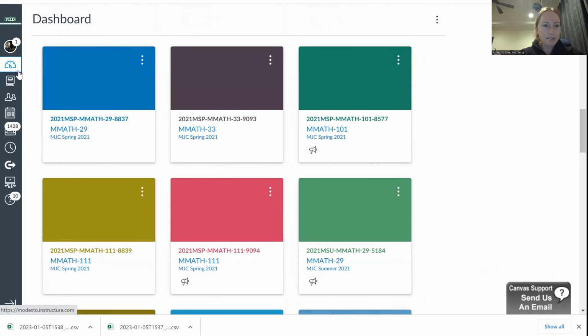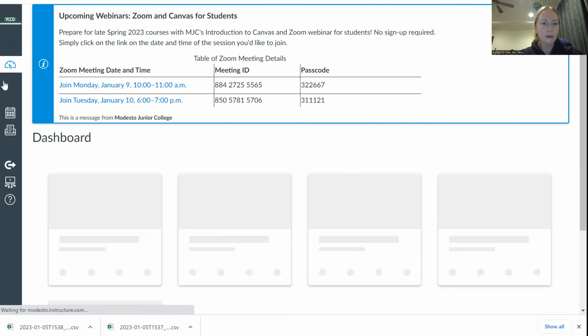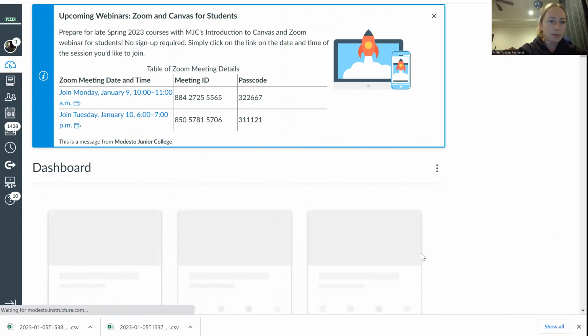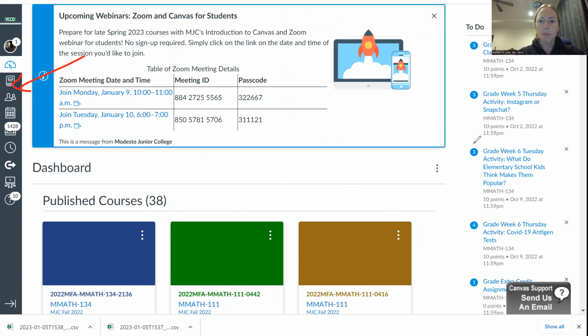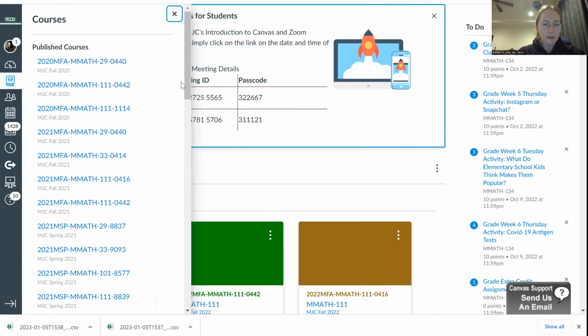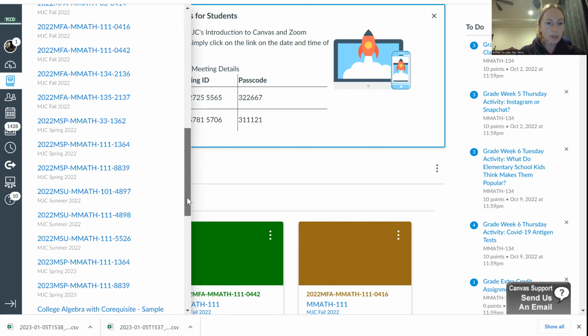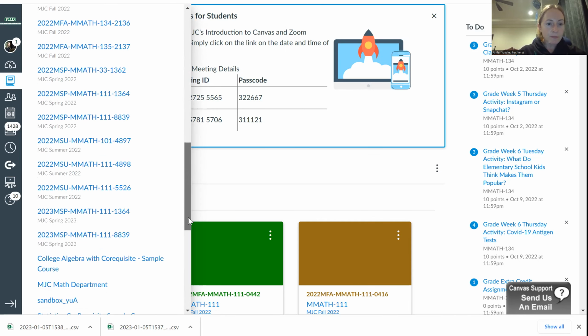Let's see. I can never find the right classes this way, but I just click on this very left-hand menu. There's an option here for courses. It looks like a little textbook, and it'll give you a big list of all the courses you're currently taking, and some past ones as well. I'm not very organized. I need to put this in a better order. Sorry about that. Spring 2023.